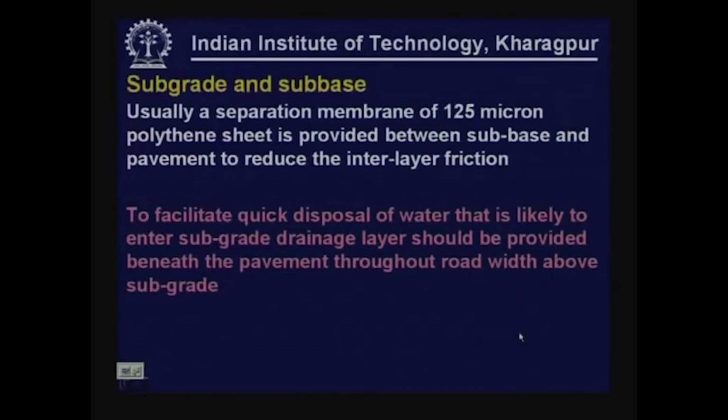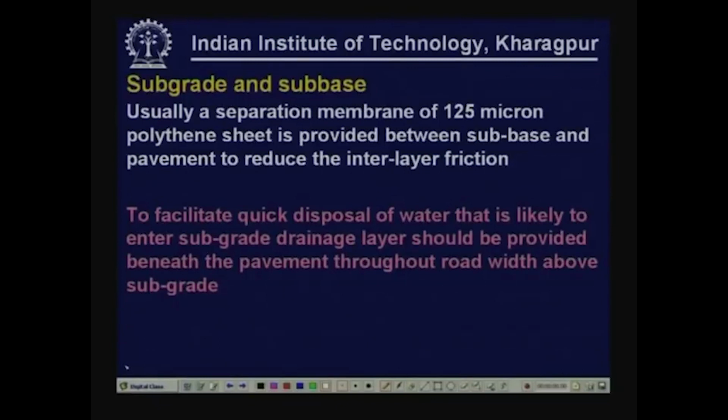Usually, a separation membrane of about 125 micron polythene sheet is provided between the subbase and pavement. This is a condition that is recommended by the Indian Roads Congress. Some agencies do not recommend this. The implication of this is, if this is the slab and below we have the foundation, we are placing a polythene sheet between them,